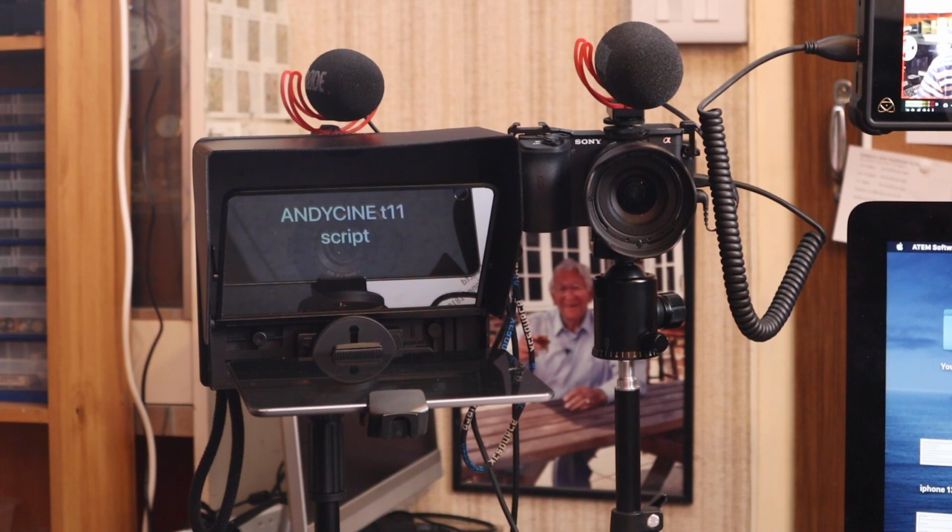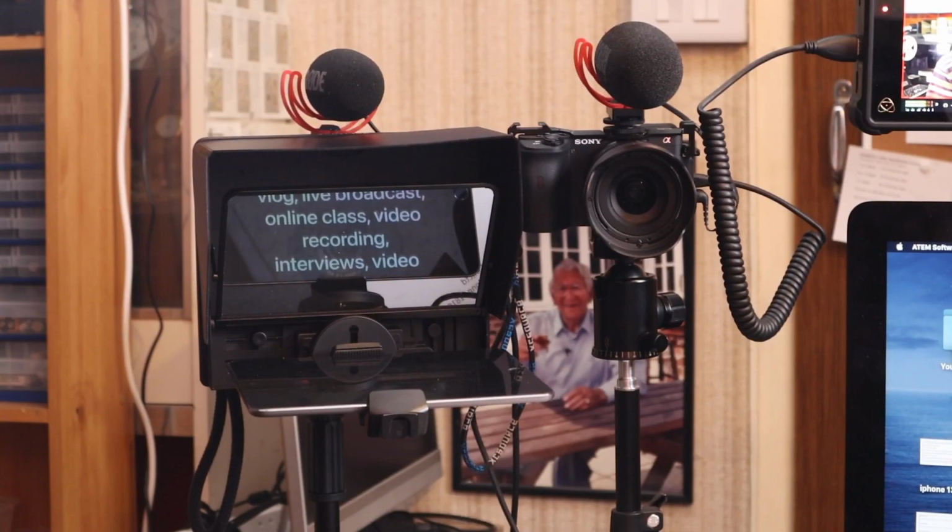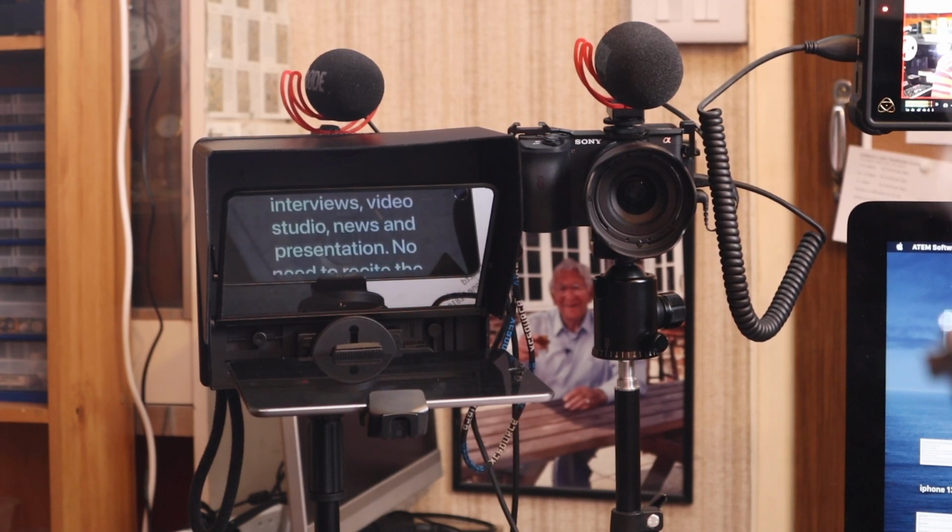All we do to run the script, we can adjust the speed as well if we want to, but all we do to run the script is literally push the home button on here. So if I do that, and you can see there the script is running, and I read it now. So it's got a universal folding teleprompter, support devices up to 11 inches. The AndyCine T11 is a folding and portable teleprompter which features with 10-inch standard beam splitter, allowing you to clearly read scrolling text while looking directly into the camera. Perfect for vlogging, live broadcast, online class, video recording, interviews, video studio, news and presentation. No need to recite the script. Confidence and charming. It can be prompted via smartphone or tablet while on your DSLR or a mirrorless camera, and